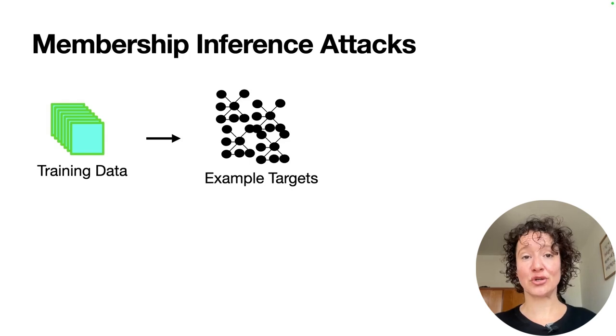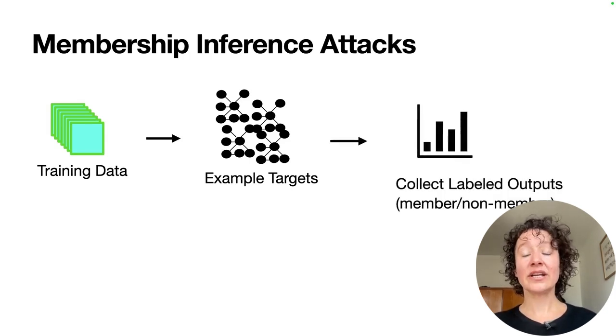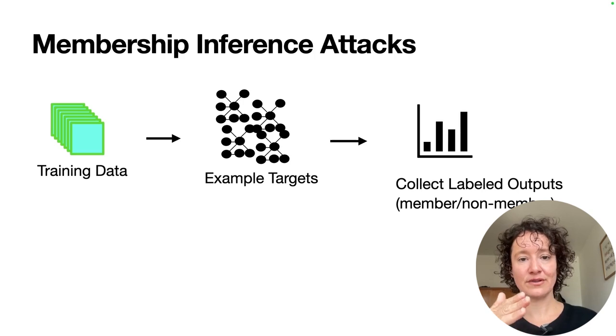Sometimes these are called shadow models, if you've heard of that. And they can be the same architecture as the target model, or they can just be another deep learning architecture that we think will transfer well. So it doesn't necessarily have to be the biggest model possible, it can be smaller. And then we're going to collect those label outputs. Again, we're going to run through those inferences. We're going to try to sort the members and the non-members by the model outputs or by the cross-entropy loss if we have actual real labels, which we probably do because we have the training data.